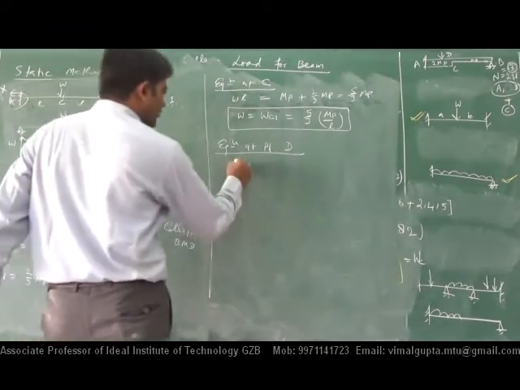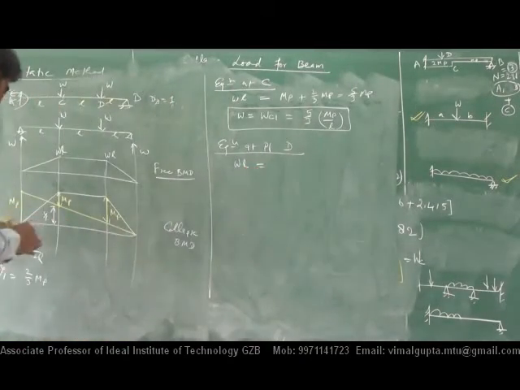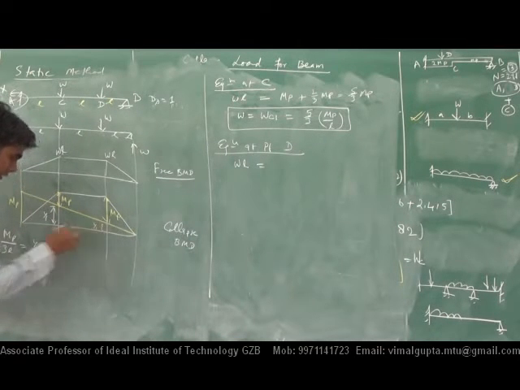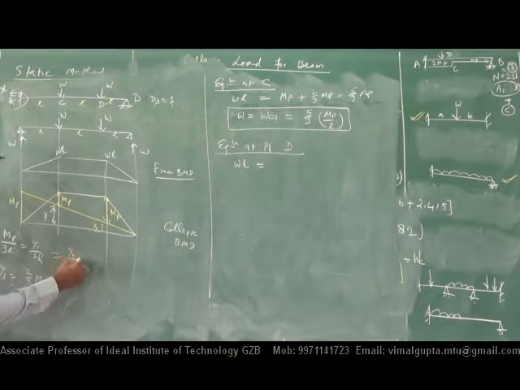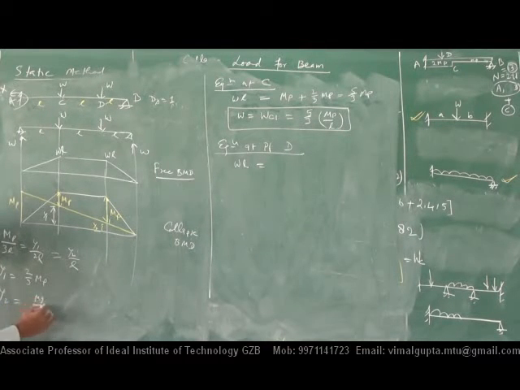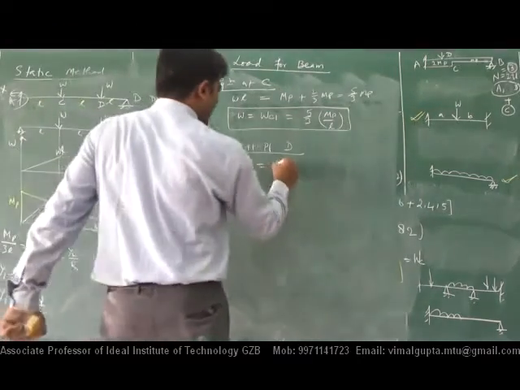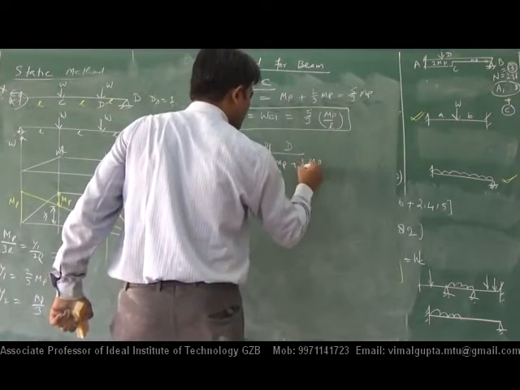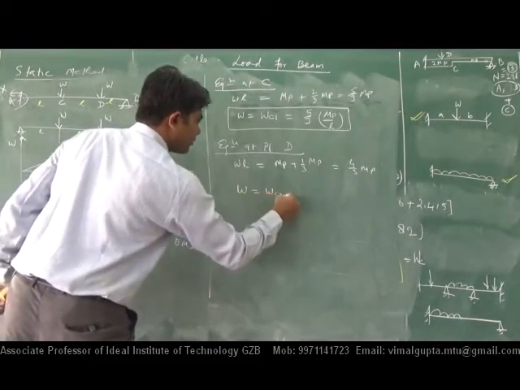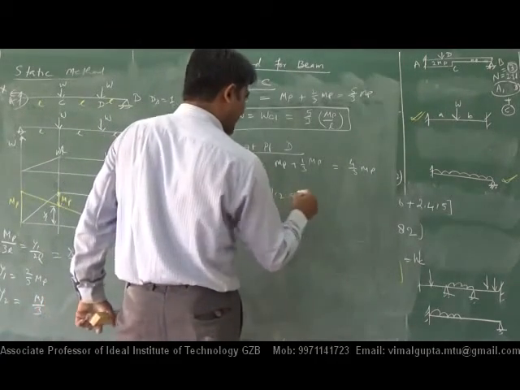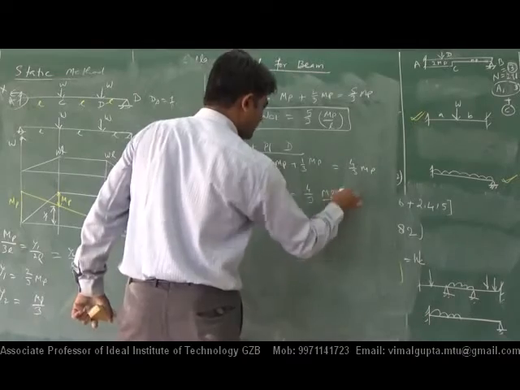And the value of bending moment here, it is WL, what is that value? Suppose it is Y2. So MP divided by, equate that also, equals to Y2 by L. So the value of Y2 will be MP by 3. So it is MP plus MP by 3. So you will get 4 by 3 MP. Now the value of WC2 will be 4 by 3 MP by L.